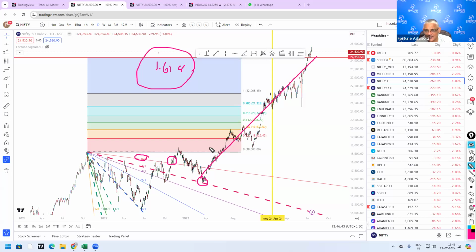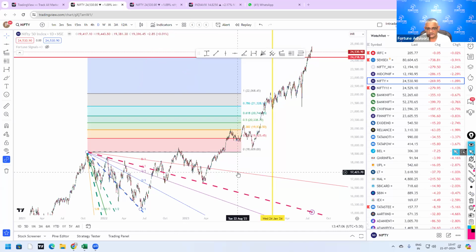Sir, how did you do that Fibonacci, sir? Fibonacci actually you have drawn from lowest to highest. Yeah, I've done from lowest to the highest where I connected. This is the point I connected, no? Okay. The 1-bar-1 line, which is the dotted line, I connected this high, I connected this low. For example, if I delete this,